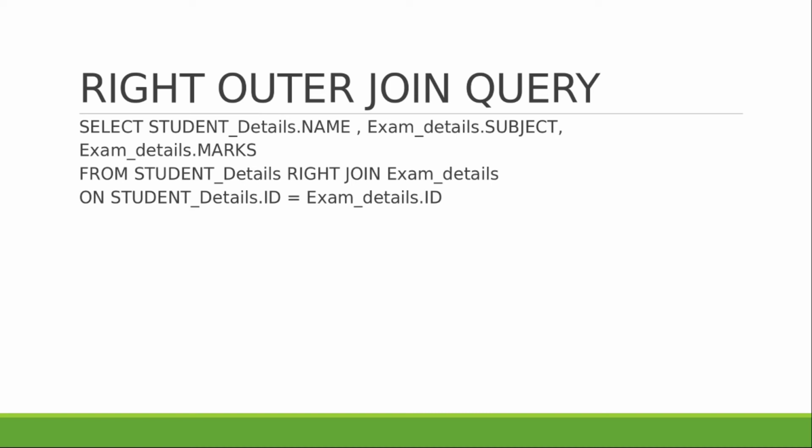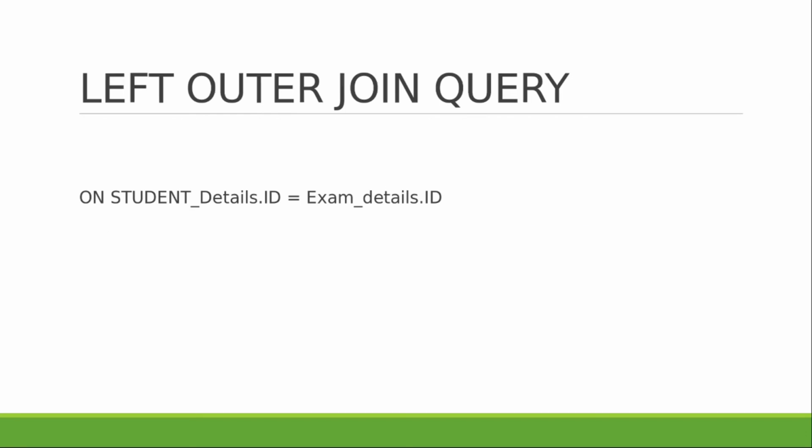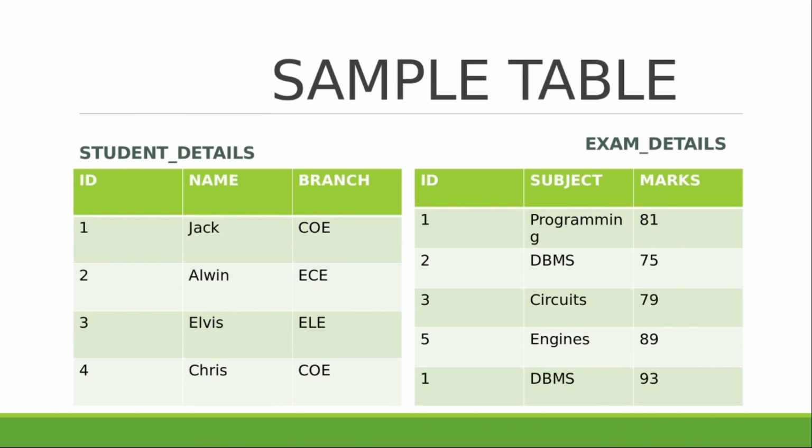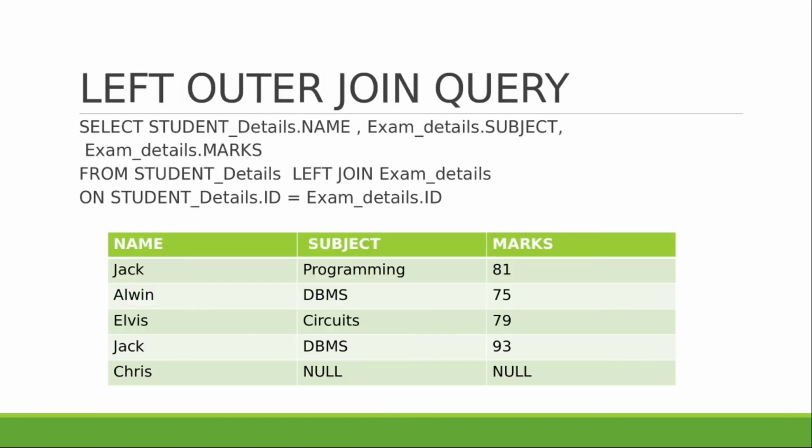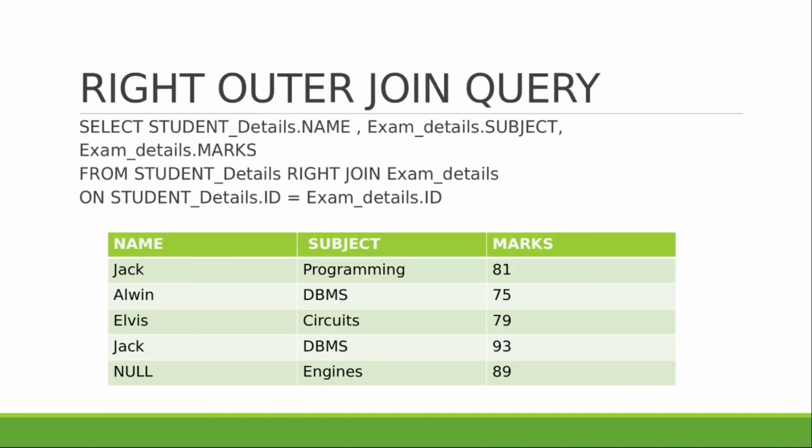If I recall the right outer join, that is basically the intersection plus the records present in the right table and not in the left table. Going back to the sample table, you can see that ID5 is present in the right table but not in the left table. So ID5 should be printed whenever we call the right join. And ID4 will not be printed because it is only in the left table and not in the right table.